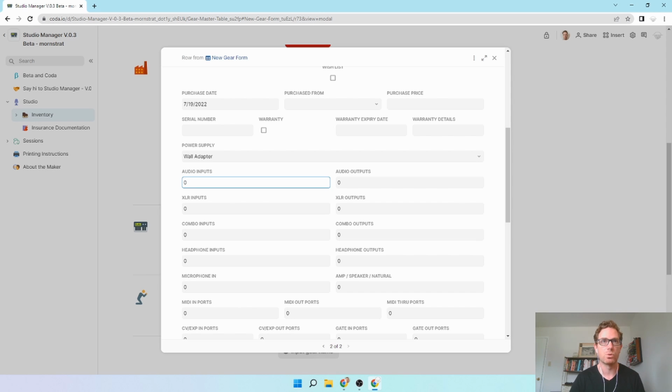Again, I'm not too familiar with this piece of gear, but I think it has at least 1 audio input. You can always come back and change this later. 2 audio outputs. It's definitely got a headphone output. It also definitely has